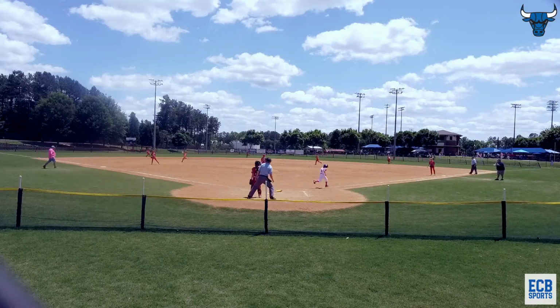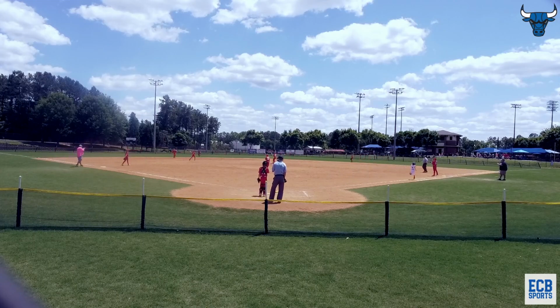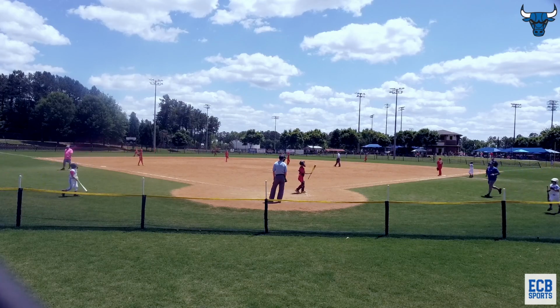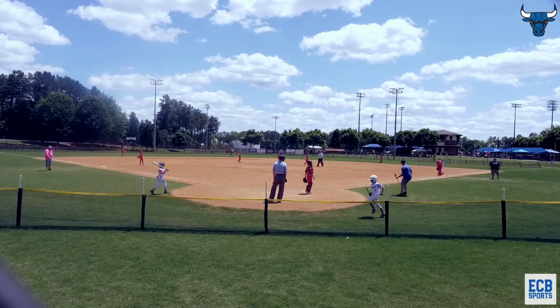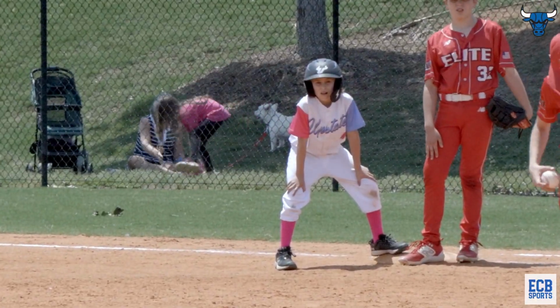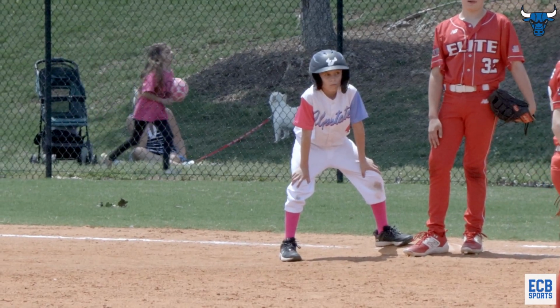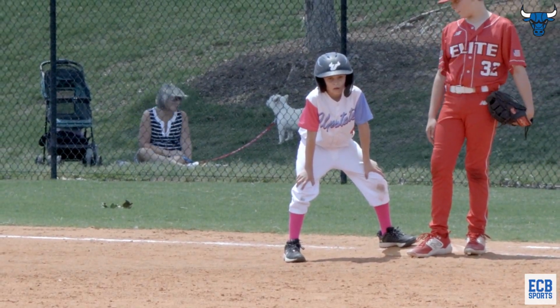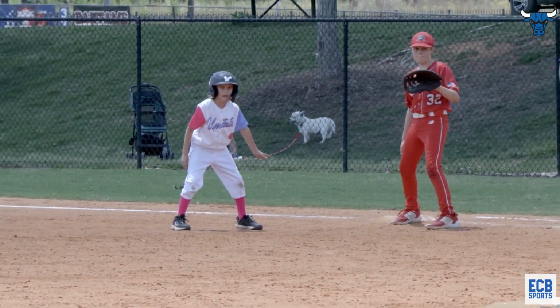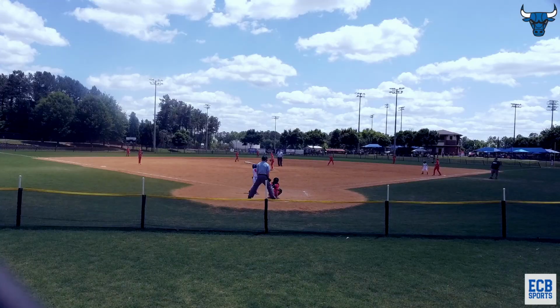There's contact. That's going to get down. Left fieldman is going to scoop it up, get it in. And Wesley is going to be safe on base. Nicely done, young man. Nicely done. Back him up just a little bit. All right, now with Wesley safe on first,